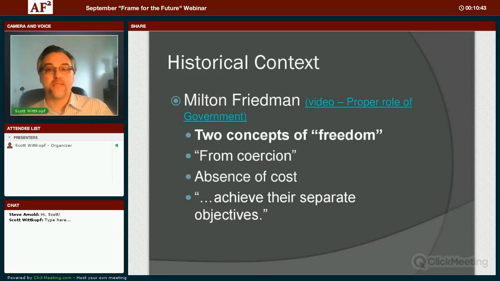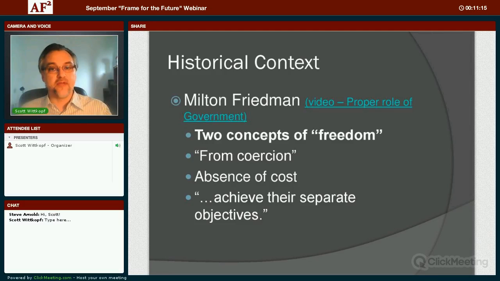And when he talks about these two concepts of freedom, he's talking about the freedom from coercion, of course, in the absence of cost, but in terms of the role of government, he's talking about government as a coercive force. In other words, that the government is going to take freedom away from people in order to provide it for others. And a little bit later on in the lecture, he uses a very interesting term, which says that